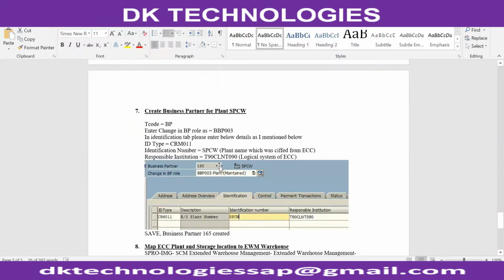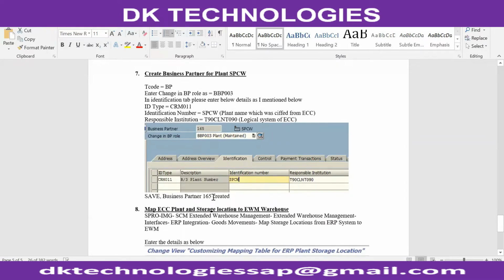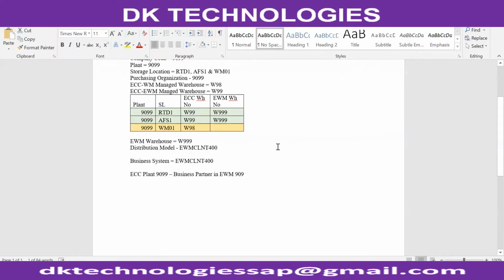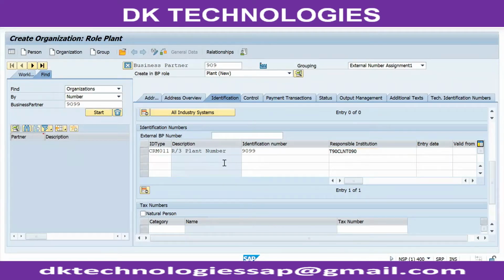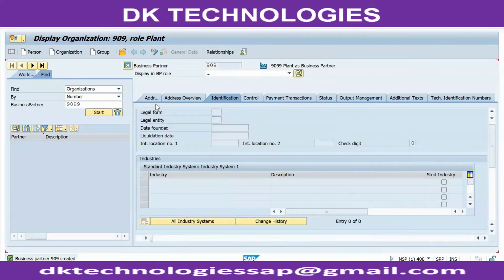Number 2, logical system, responsible institute, logical system of ECC, acts as a business partner, and the business partner will be the same. Okay.